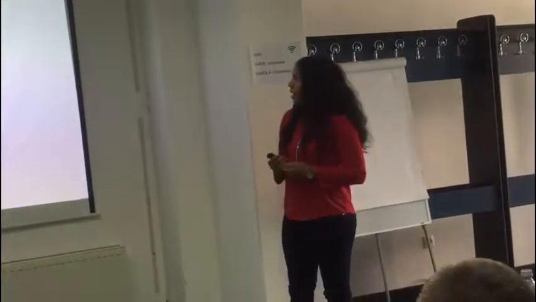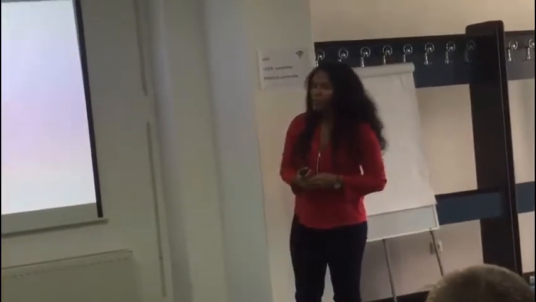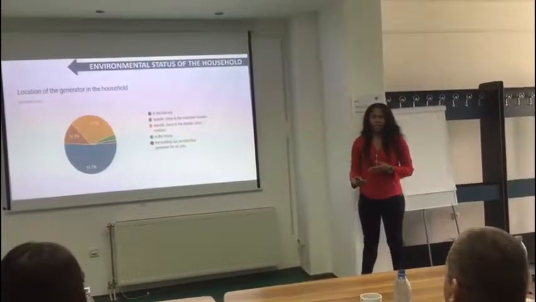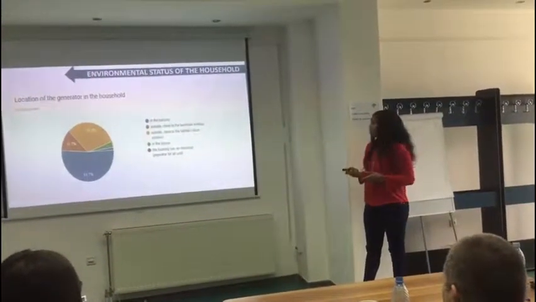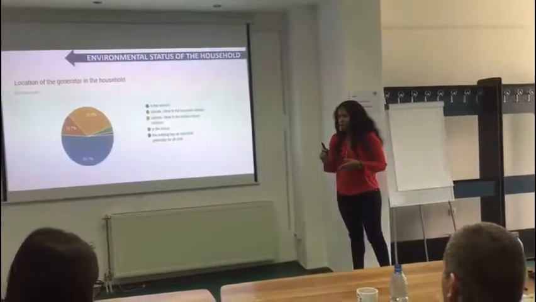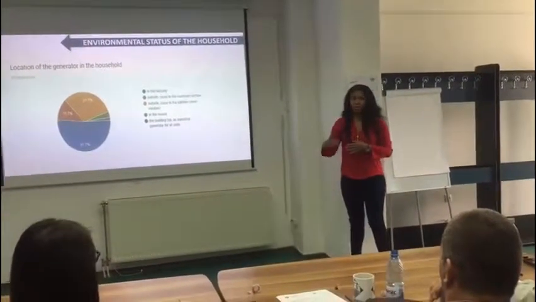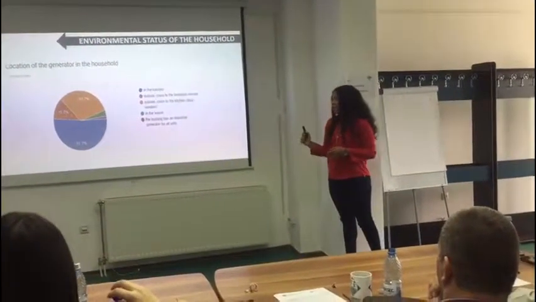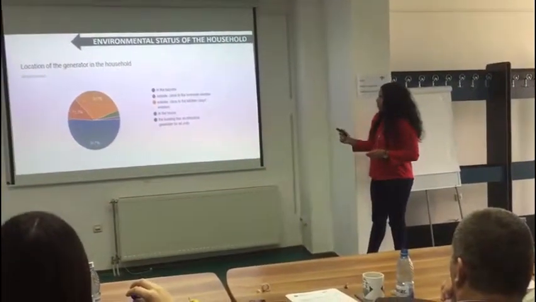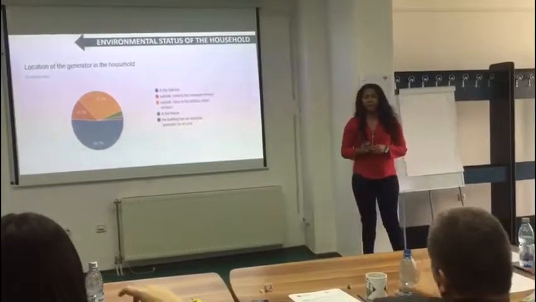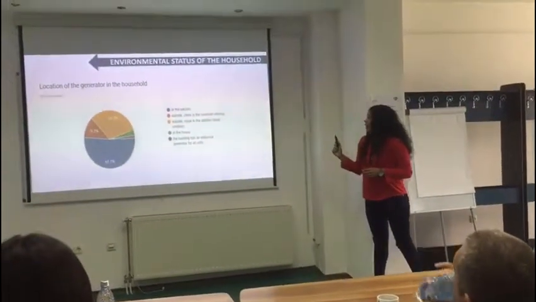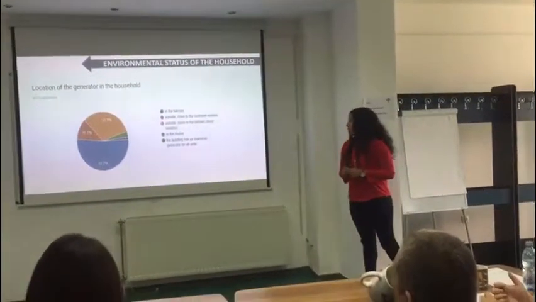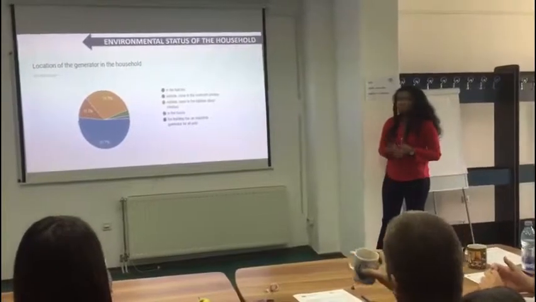The location of the household. This is an important variable because the structures of households in Nigeria are different. The entrance passage is through a balcony, and this is where the windows of the bedroom face, as well as the windows of the living room. An average of 51.7% of the participants indicated having their generator placed in the balcony, while 31.7% indicated that their generators were placed outside.